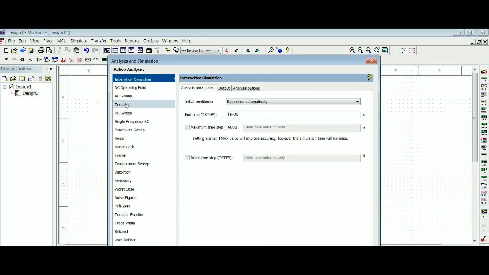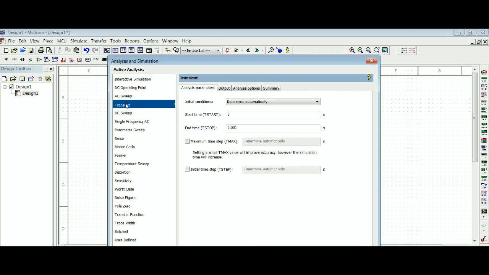And we want a time-based analysis, and the name of that is Transient. Now we have to do a little figuring. When we start a circuit, we turn it on for the first time, what we have is a startup transient and then a steady state response. And what we want to avoid here is the startup stuff. So I'm going to give that 2 complete cycles to stabilize, and since 1 cycle is equal to 200 microseconds,